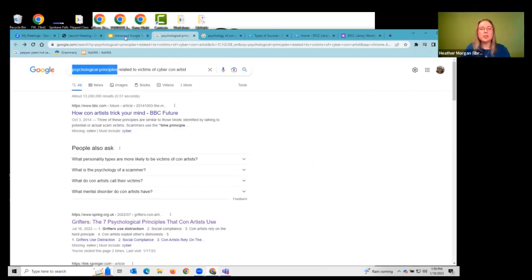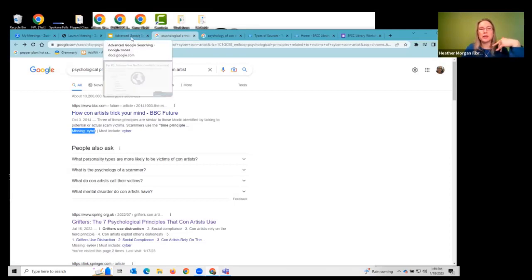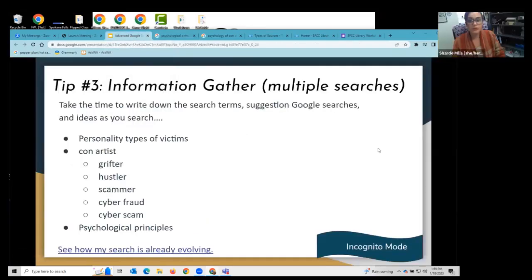And also notice when you're reading these results, underneath, it'll tell you sometimes if they've removed a search term. Because they're like, hey, maybe all these other things match up with the other search terms you have. But that top result says, oh, we didn't include the word cyber. You're not going to find the word cyber in this particular article. Sometimes that may not be a big deal, but sometimes that may be a big deal to you. And notice you can say, nope, it has to include cyber and change your Google results. And we'll show you how to do that using the Google Advanced Search.